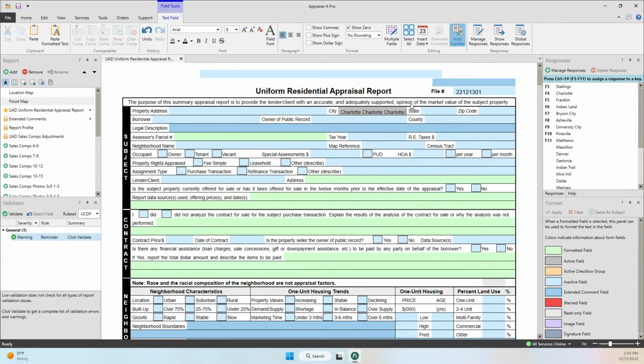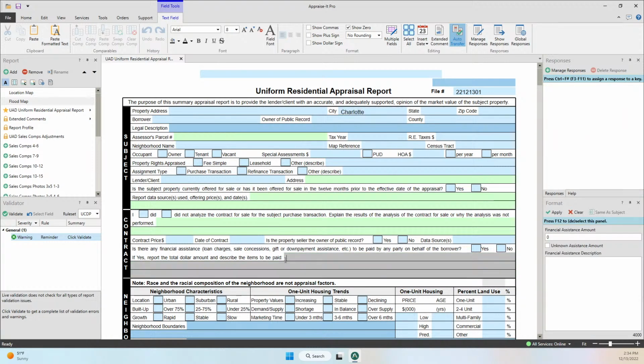Now this is moderately helpful in a field like the city, but where this really becomes helpful is if you have a multi-line field down here. If you think about it, if you've got more text available to shrink down, then you can fit more in there. So if you've got a whole bit of text in here and you keep typing, you could probably get an extra